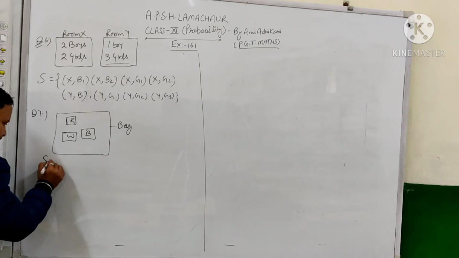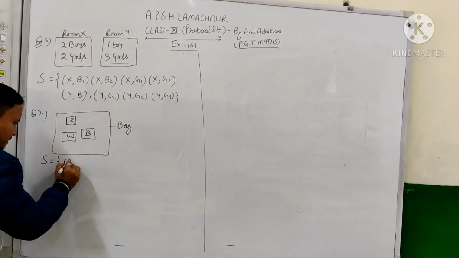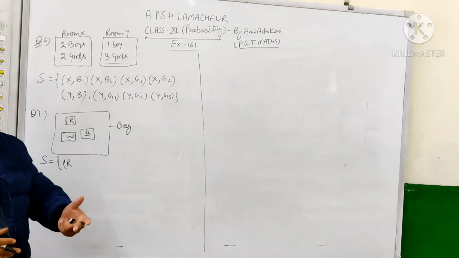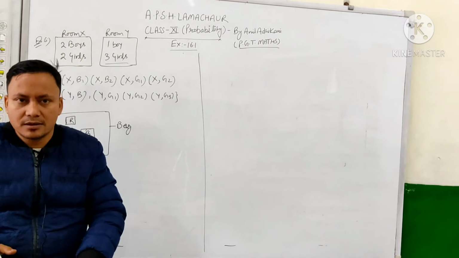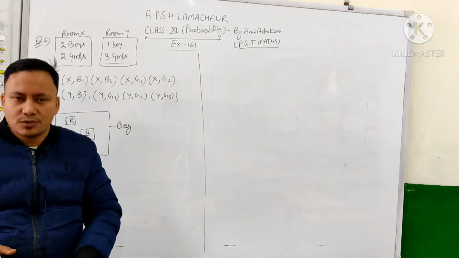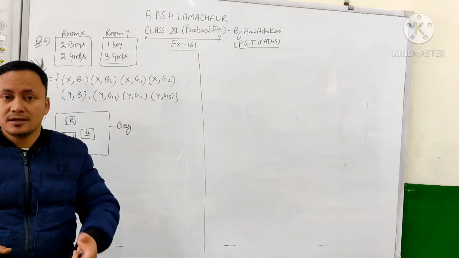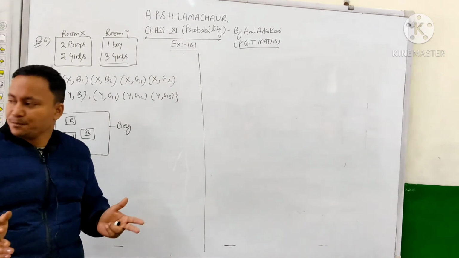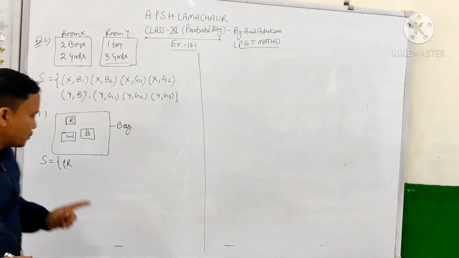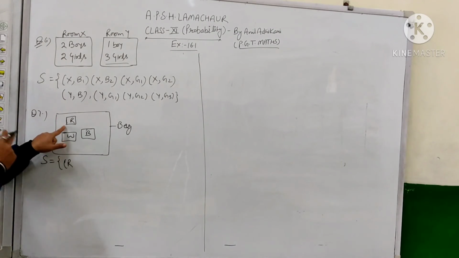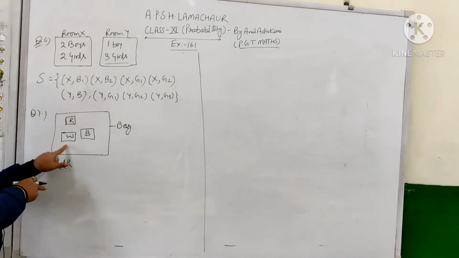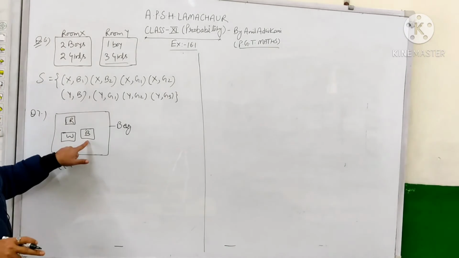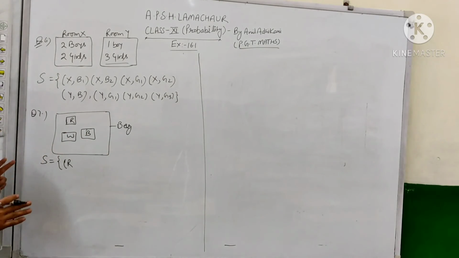Let's start with the red die. First we will select the red die. Then what are the possibilities with this die? There are 6 possibilities. Either this red die turns into a 1, or a 2, or a 3, a 4, a 5, or a 6, because 6 possibilities are there for a die. When you roll any die, 6 possibilities appear. So first we will describe all 6 possibilities with this red die, then all 6 possibilities with the white die, and then all 6 with the blue die. So there are 18 possibilities.